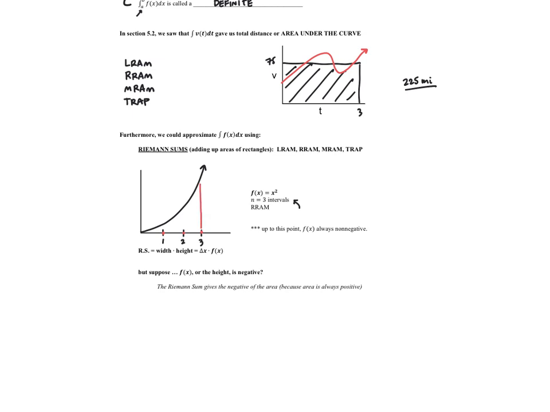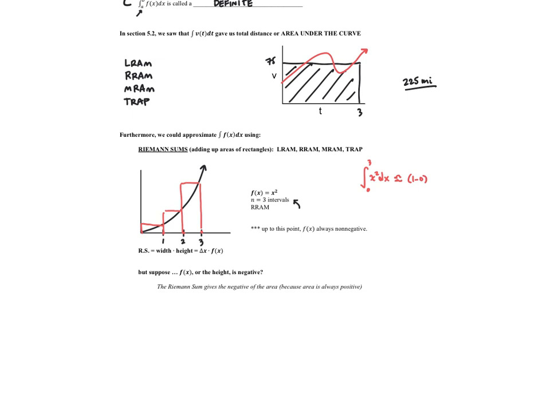I'm going to find those outputs, draw my rectangles, and the area under that curve, of course, will be an approximation for the integral from 0 to 3 of x squared dx. Okay, so approximately equal to, of course, we would have areas of